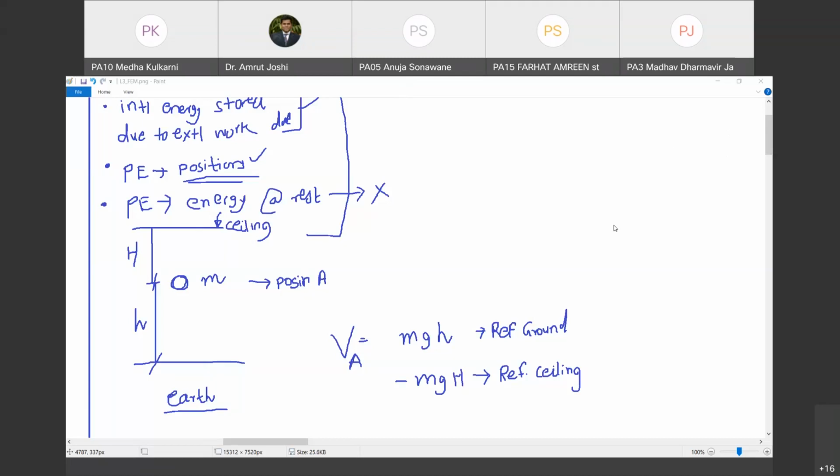Okay. So now we understand that the potential energy therefore must not have a physical meaning. It must be a mathematical quantity. Do you agree with me? Yes, sir. So point number one, unlike all the other types of energies that we are acquainted with, potential energy in itself doesn't have a physical meaning. Happy? Yes, sir.